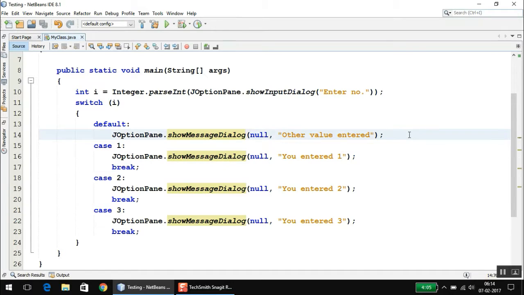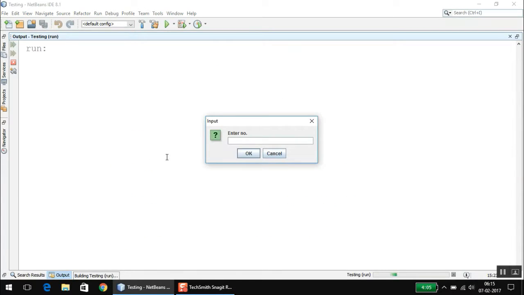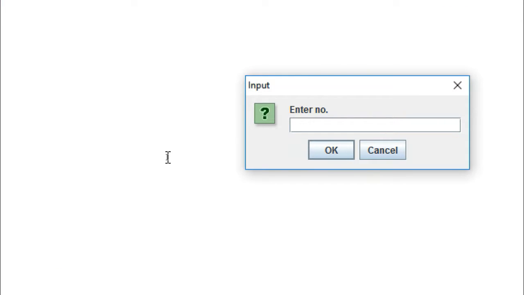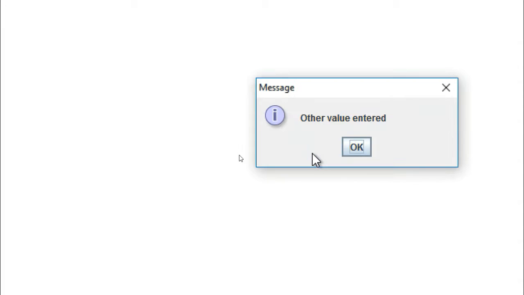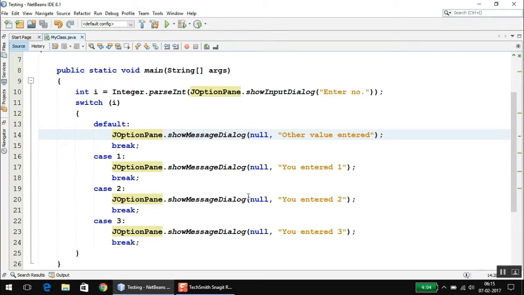So in order to make it work properly, you have to use break with default as well. Okay, so now if you run this and if you enter any other value, say 55, it executes the default block as it should, and then it stops, and this is how it should be working. So I hope this placement of default is clear to you. Now moving on,